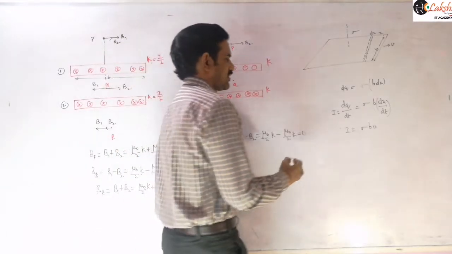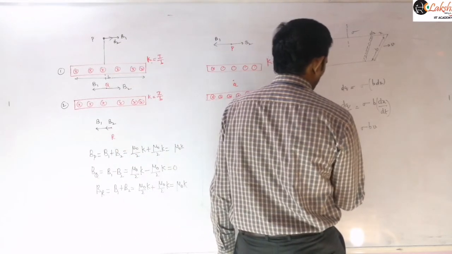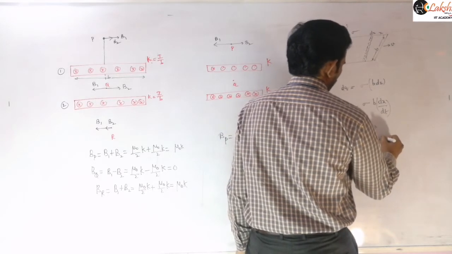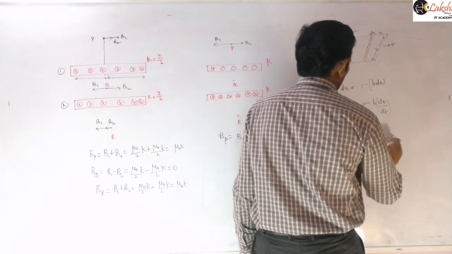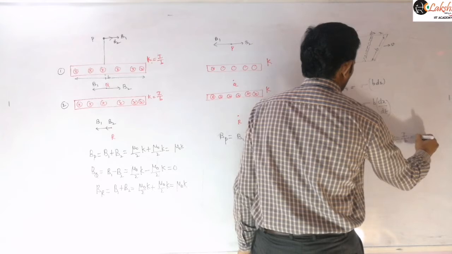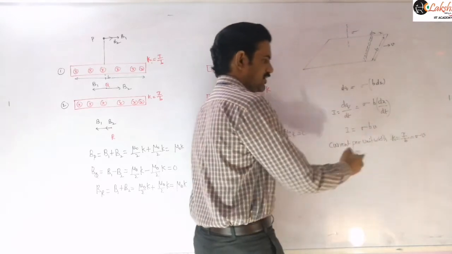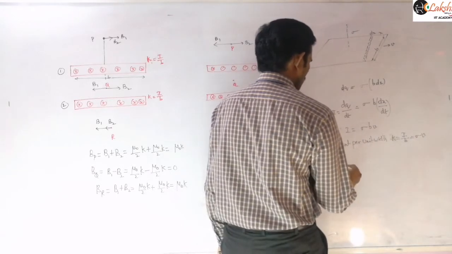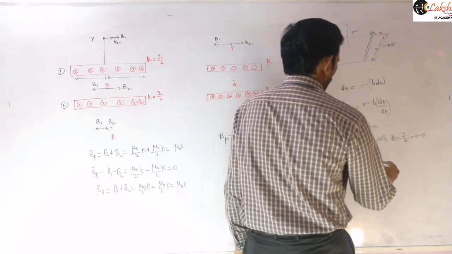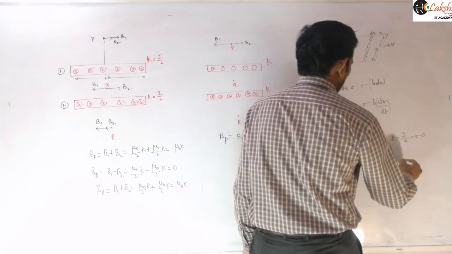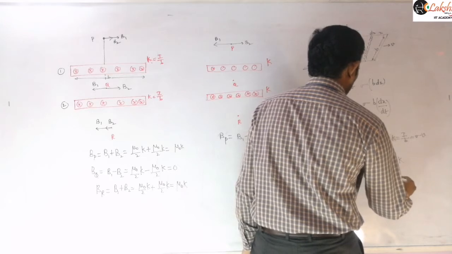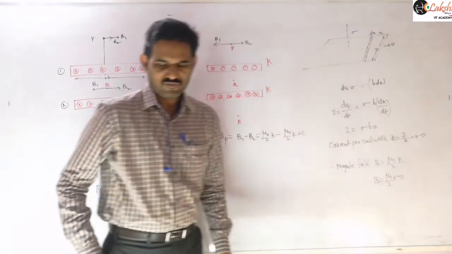Now current per unit width we can write here. So from this, current per unit width, I by b is equal to, which we are representing with K. So K is equal to I by b, which is equal to sigma into v, right? Therefore the magnetic field due to this plane, B, is equal to, our formula due to a plane is mu naught by 2 into K. So you can write this as mu naught by 2 into sigma into v. So that will be the magnetic field due to that plane here.